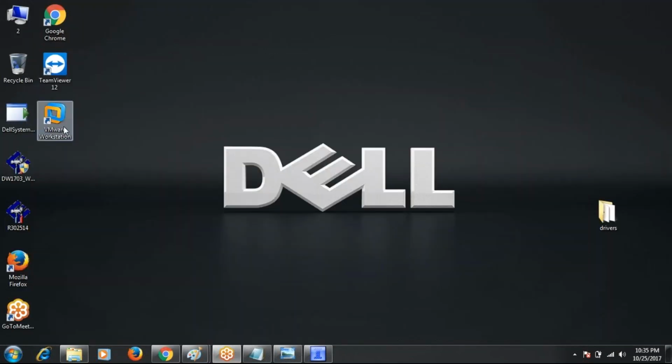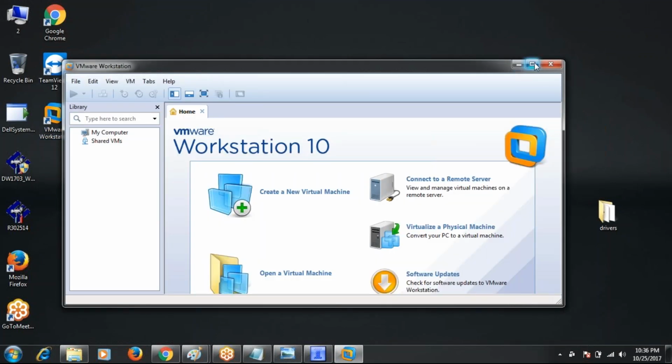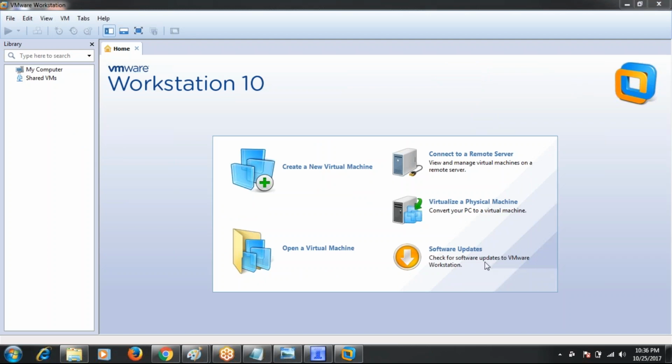Now VMware Workstation is installed successfully. Now open it. Here we have different options, like create new virtual machine and open a virtual machine.